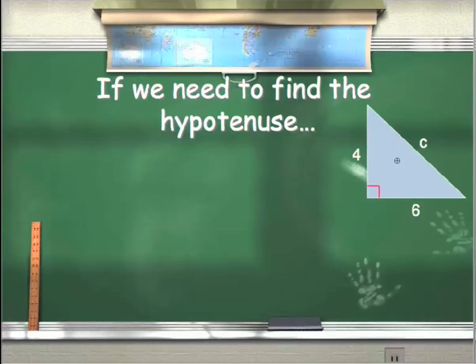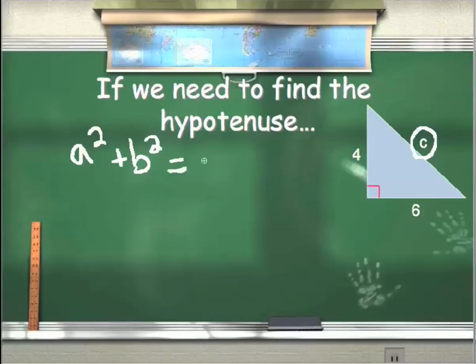Okay, let's say we need to find the hypotenuse of the triangle. The hypotenuse, if you remember, is the side opposite the right angle on the triangle. So in this case, it's side C. We use the Pythagorean theorem, a squared plus b squared equals c squared, and plug in 4 and 6 for the legs a and b. So we say 4 squared plus 6 squared